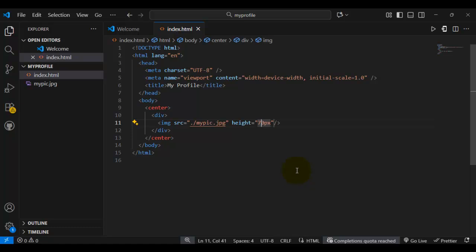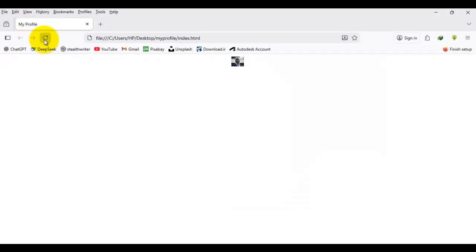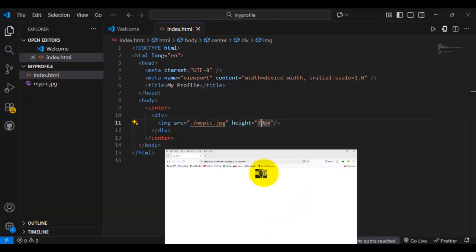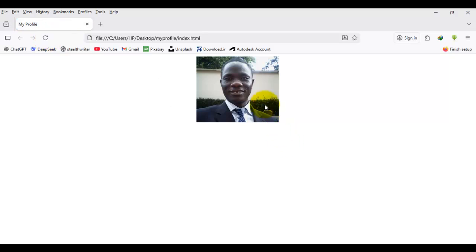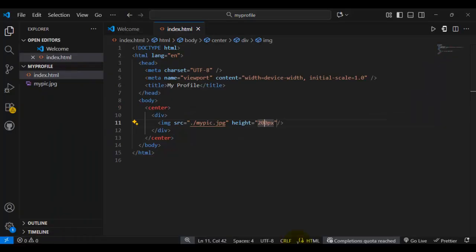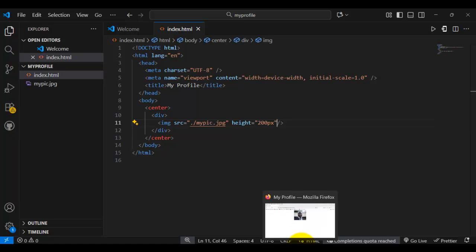That is 70 pixels. And it's too small. Okay, let's say 200 pixels. Okay, this is better. So the height attribute changes that. Then you can also change the width. But I think the height will do justice to that. Okay. Another thing you can do is to change